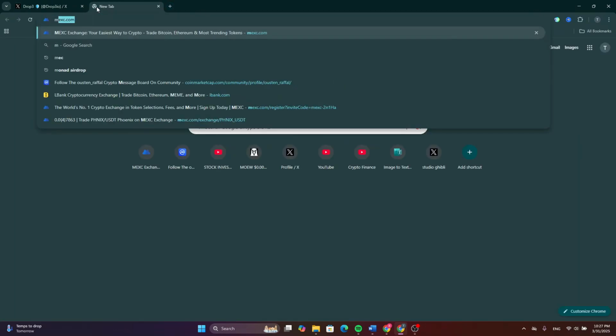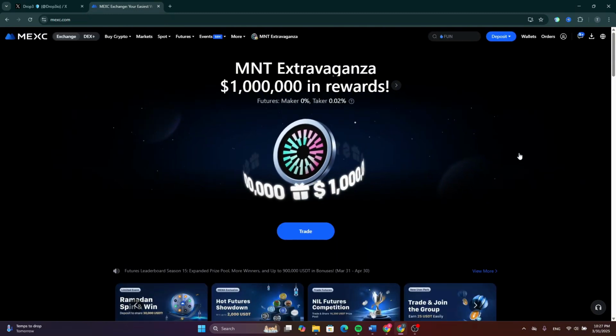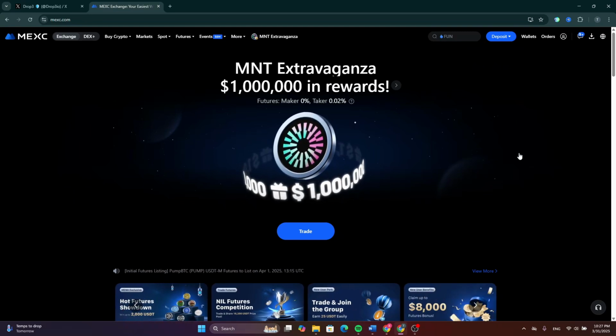Now first of all, open your MEXC account. So if you don't have an account on MEXC, go down in the description and you will be able to find a referral link. Go and create an account on MEXC to benefit from rewards, of course,